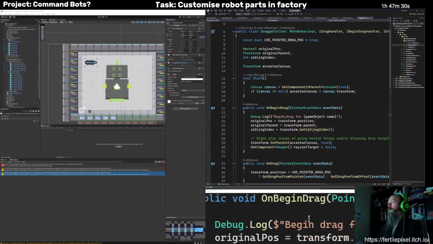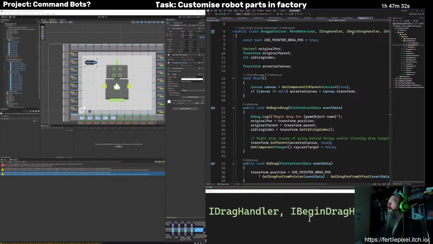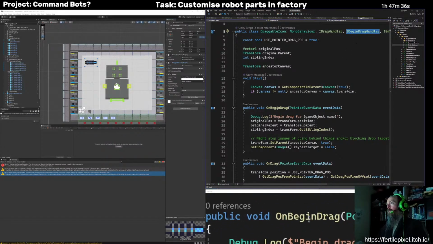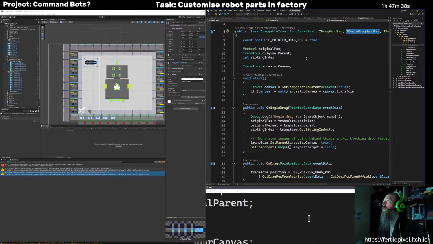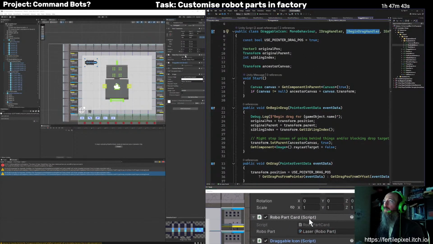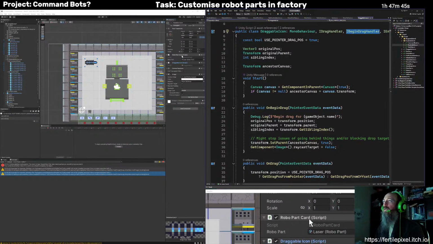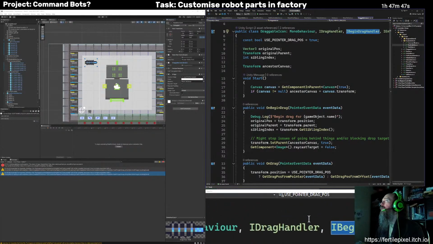So I'm actually going to do that thing, that interface that has the begin drag, and I'm going to get that onto the RoboPart card script.